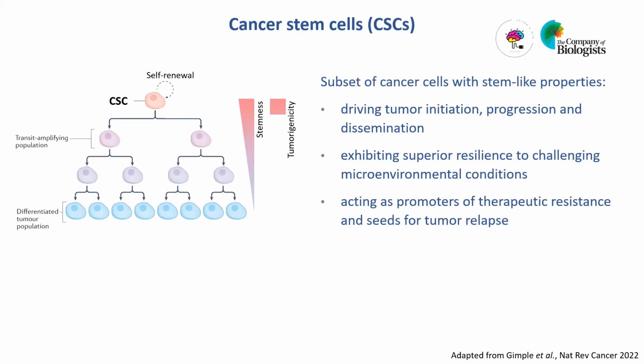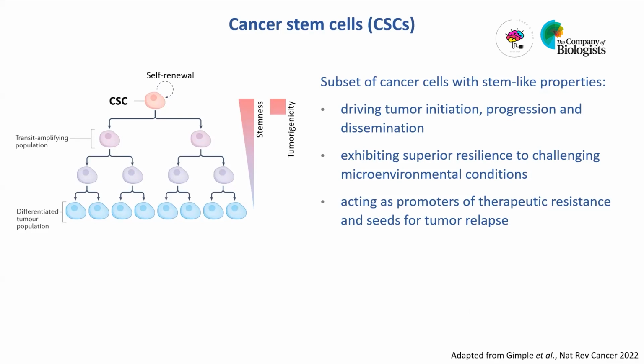As you know, the tumor system is a heterogeneous population of cancer cells, in some cases organized in a hierarchical fashion with the cancer stem cells at the apex. These cells share with the normal stem cells the capability to proliferate indefinitely and self-renew while generating a differentiated progeny. So cancer stem cells have been linked to tumor initiation, progression, and metastasis, and in particular to therapeutic resistance. So their targeting is really mandatory for